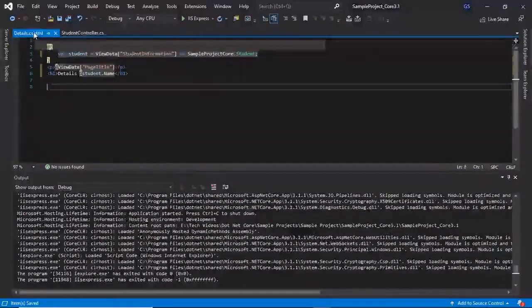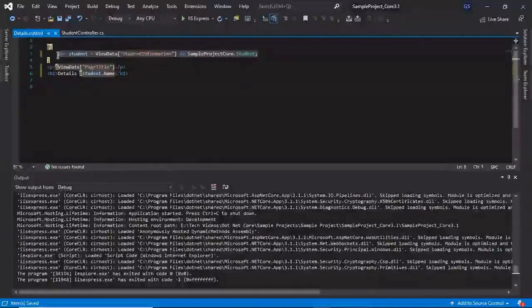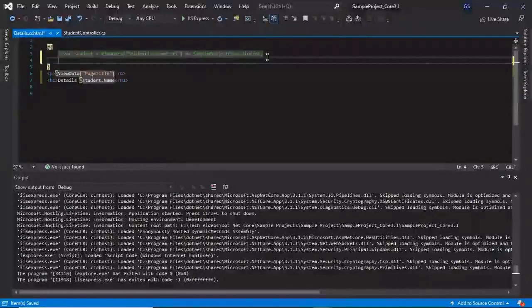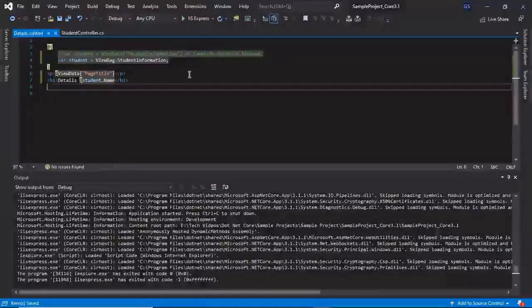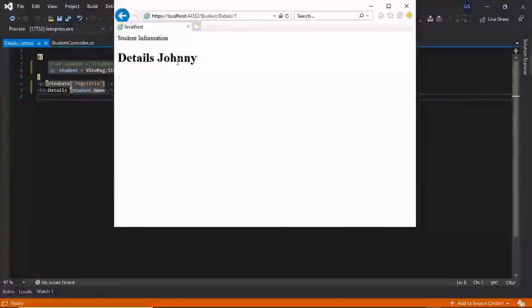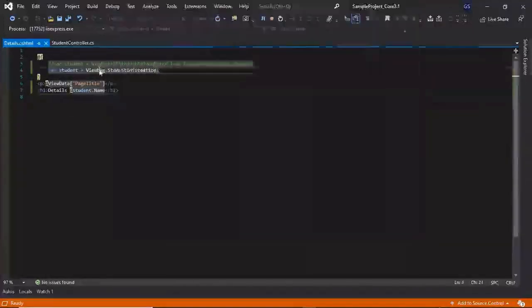So let's go to the details view and let's comment out this var student. We can assign the value directly to our variable. Look, we are getting the information of student with the help of ViewBag.